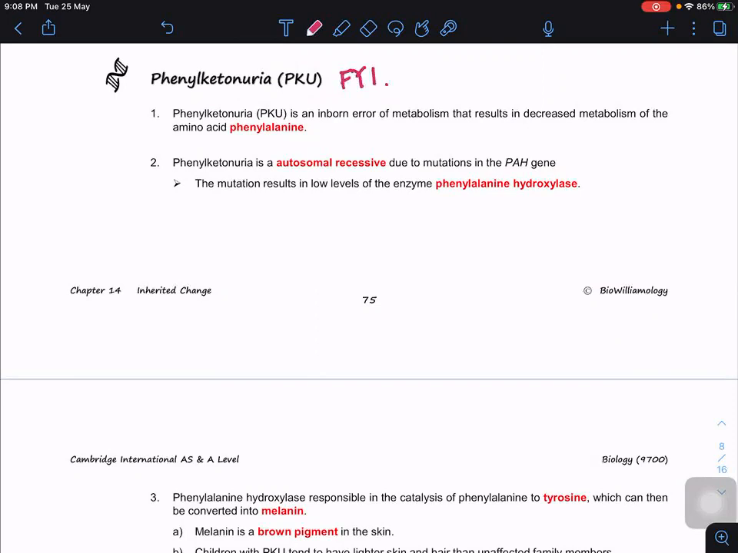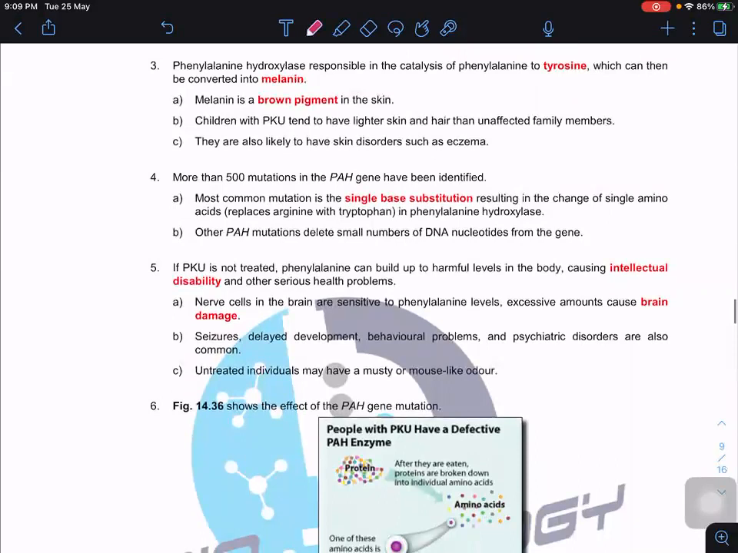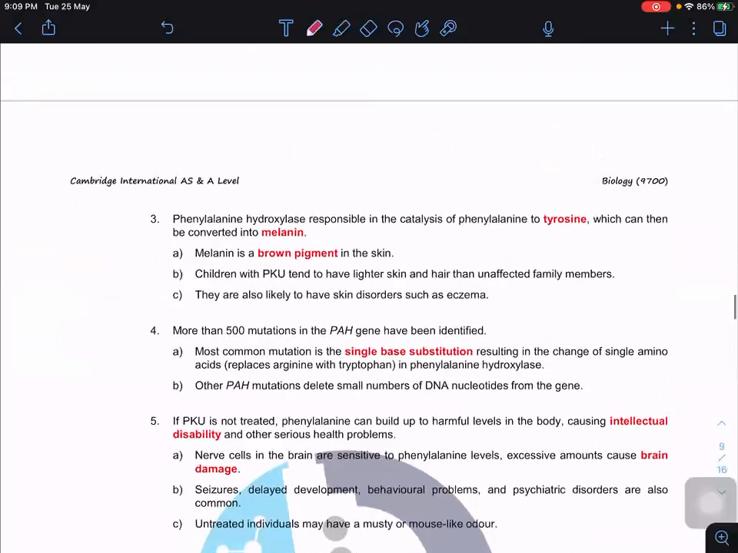Okay, so phenylketonuria is again autosomal recessive, due to a mutation in the PAH gene. PAH stands for phenylalanine hydroxylase. Because of the mutation, it results in a very low level of the enzyme, so it may not be able to carry out the hydroxylation process. Phenylalanine hydroxylase is responsible for the catalysis of phenylalanine to tyrosine. So in the process here,